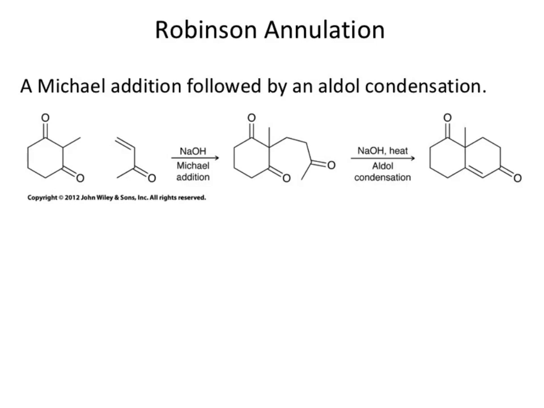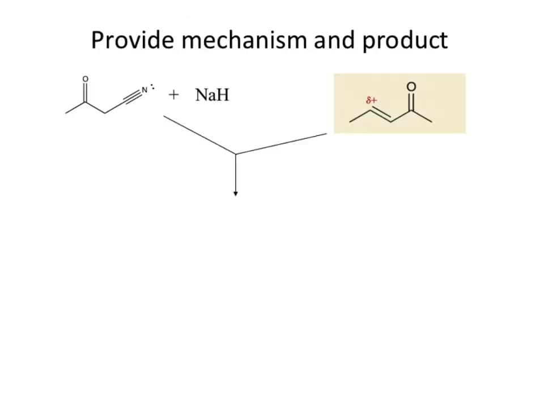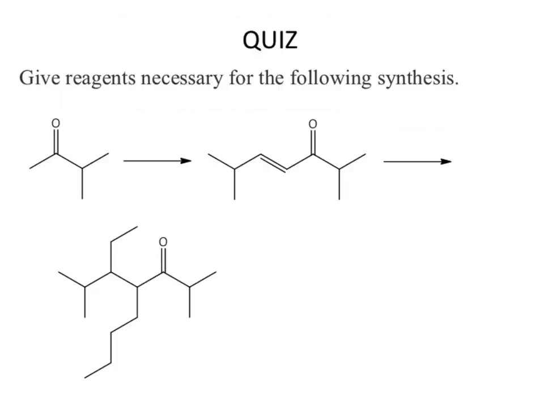Last thing, Robinson annulation is now stacking a Michael addition on top of an aldol condensation. Okay. Why can we do this? Why is it important? That structure is a precursor to anti-cancer drugs. Okay. Because it was so important of a discovery, guess what happened? They got to name it, even though it's a combination of already named reactions. Right? Yeah. Just run a bunch of named reactions together and you get to attach your name to it. It's kind of how it works. We'll look at a mechanism on that. Oh my gosh, there's a lot more slides than I thought. Okay, but we have to end anyway.